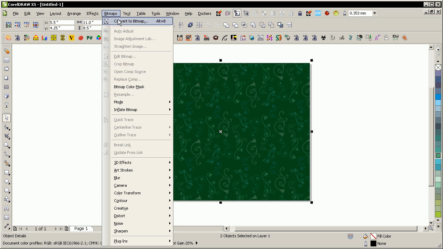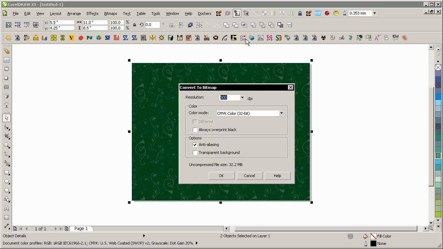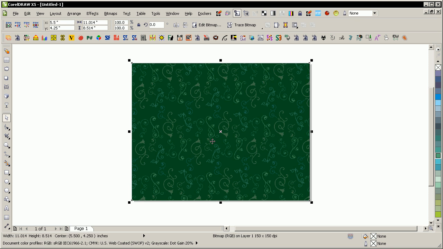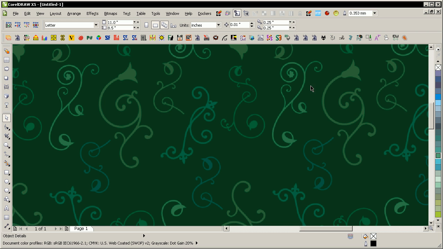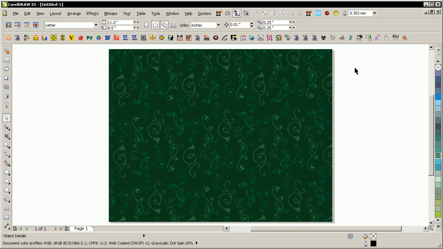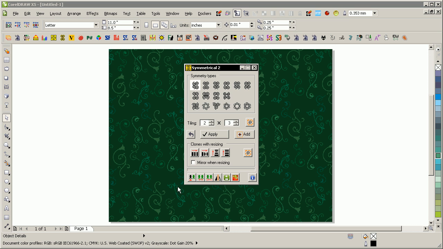But if we convert this to an RGB bitmap, I suspect that'll go okay for us. I'm just going to speed up the process by choosing a lower resolution. There we go. And then you could always convert it to CMYK from there, like that. So I changed it a little bit. But if you zoom in on it, it's kind of low resolution now because I just saved it as 150 dpi. But you can see the power there in using a tool such as Symmetrical to create your own patterns